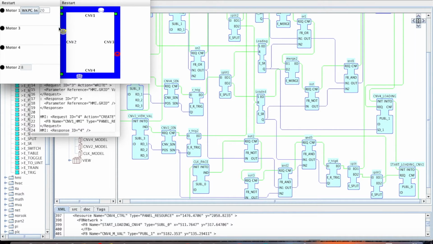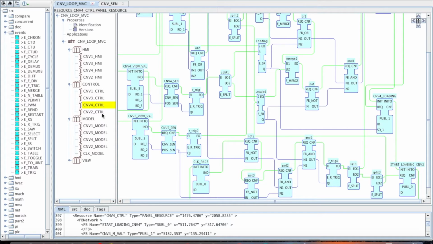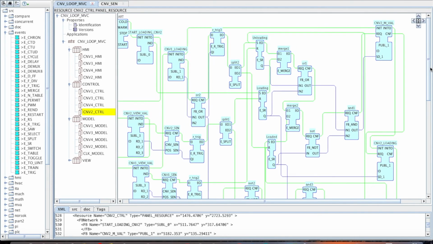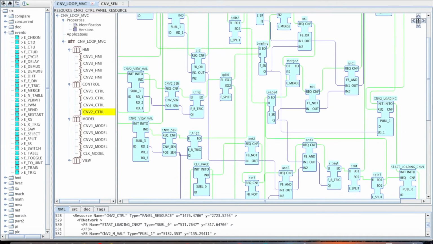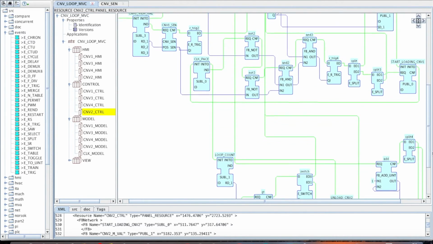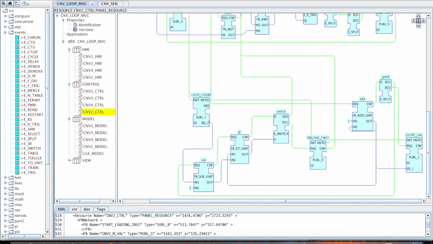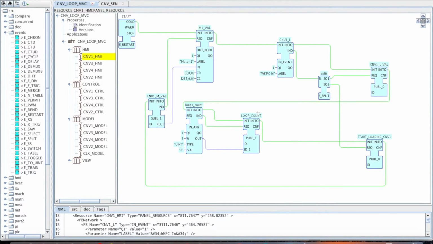Okay, but for conveyor 2, once again, we need to implement logic to remove workpieces having the right number of loops. And you can find a generally similar looking arrangement of blocks with small additions, and at the lowest part, a logic to handle the loop count. This is a subscription block coming from HMI conveyor 1. So here is our loop count publisher, 1 loop count. The value comes